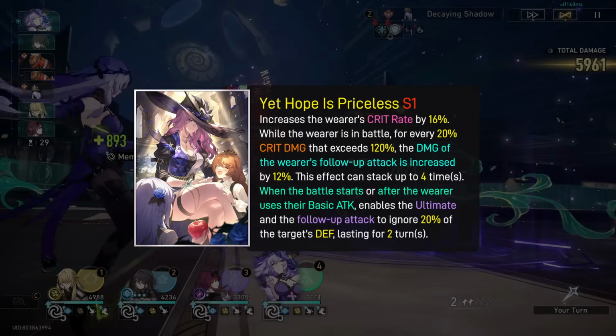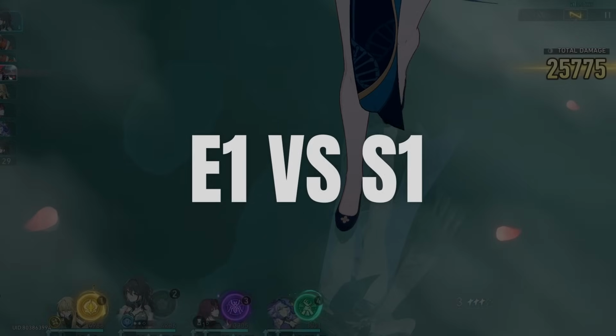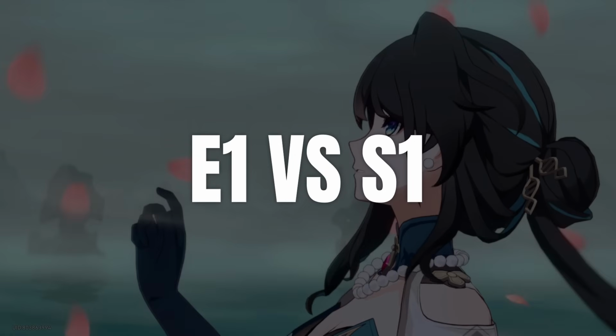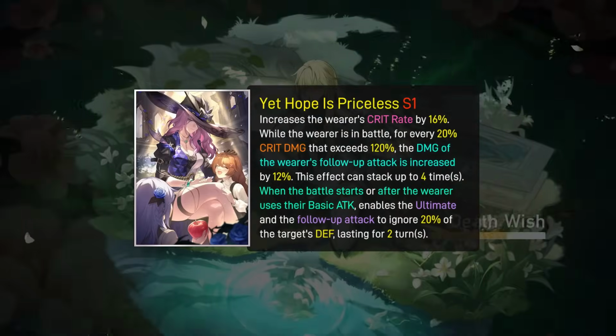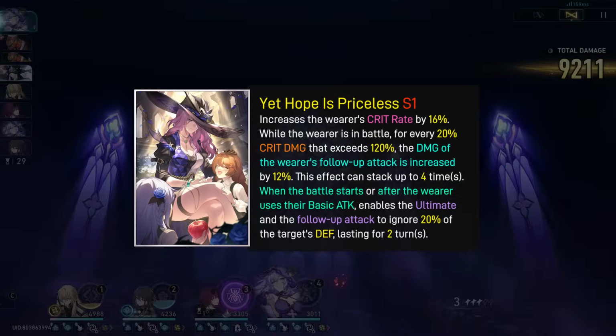Pairing this and the quantum set will be crazy with 40% defense ignore. It's pretty much perfect for her. And for the question if you should go for her E1 or her signature, I recommend her Lightcone. It provides some much needed crit rate and makes her easier to build, and the defense ignore increases her damage